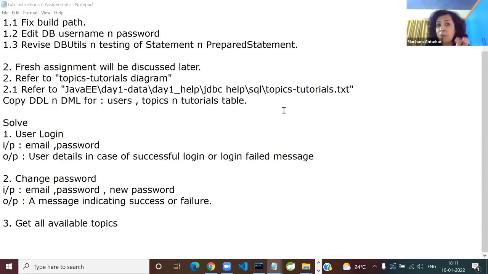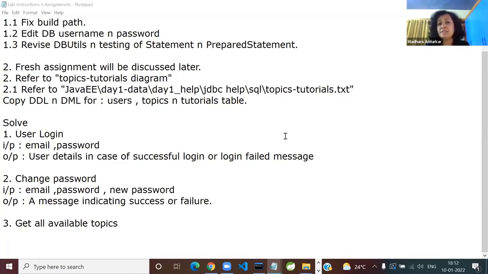Now you have opened try with resources, catch all and all. Which resources would you like to open? First is scanner, because you're going to take the email and password from the user. Tell me the next one. Connection, of course. You don't have to write DriverManager.getConnection; simply call that open connection. Very right. After connection, prepared statement. Very good going, guys.